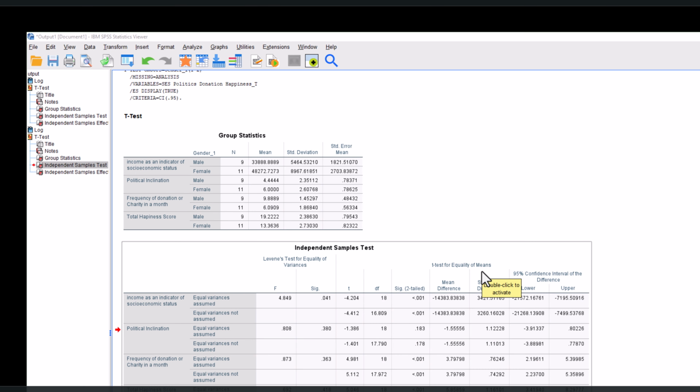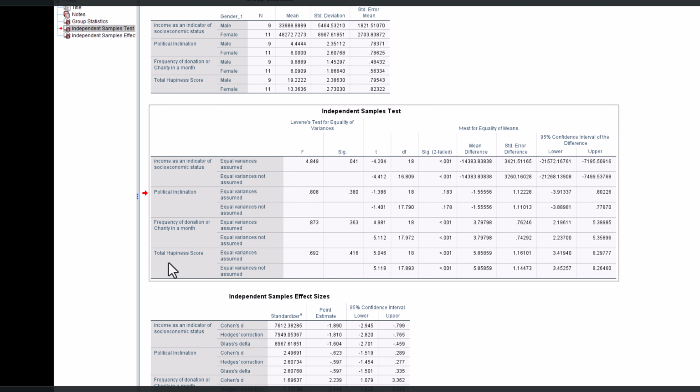Referring to the descriptive statistics table for donation and charity, the mean for males is 9.88 and for females is 6.09. So there is a significant difference in donation and charity between males and females, and males' charity is higher as compared to females. Moving forward to the fourth variable, happiness, the assumption for equality of variance for this variable is also